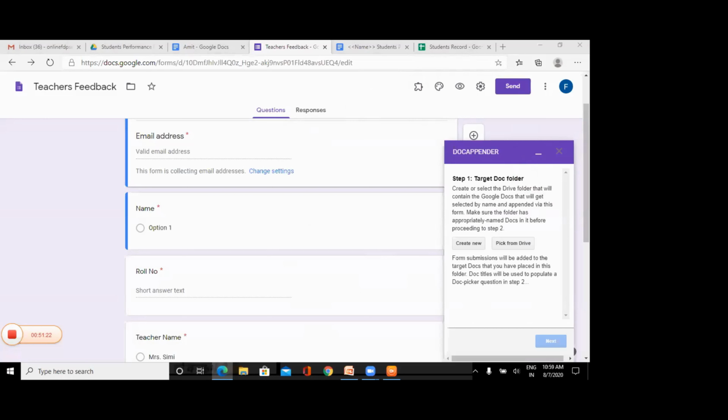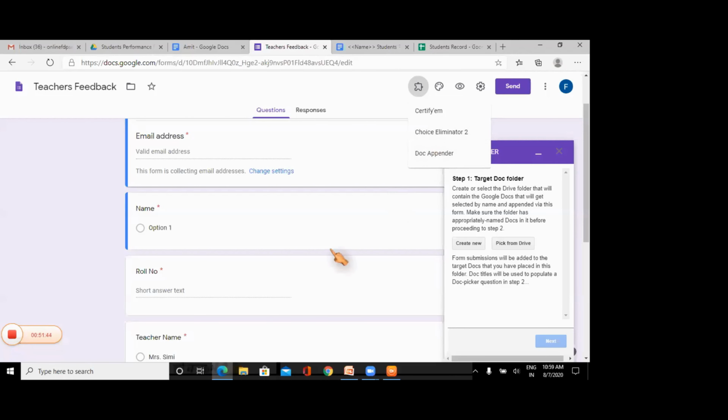Where, madam? On my screen, or in add-ons, you are not able to find Doc Appender? I have 3 add-ons. Right now I am working on Doc Appender. So are you not able to see Doc Appender? It's here, Doc Appender.